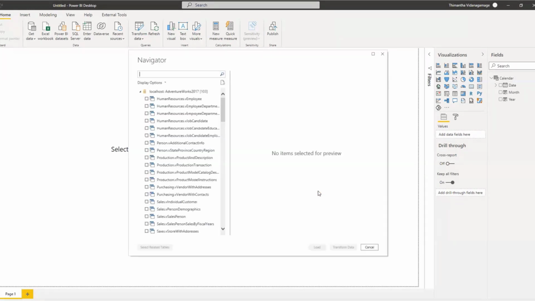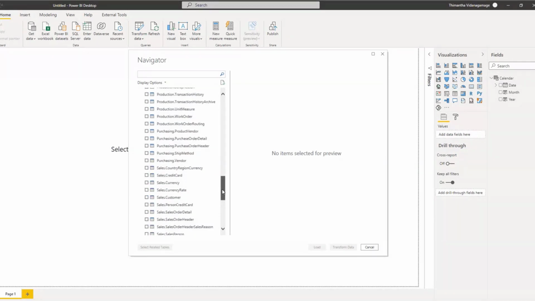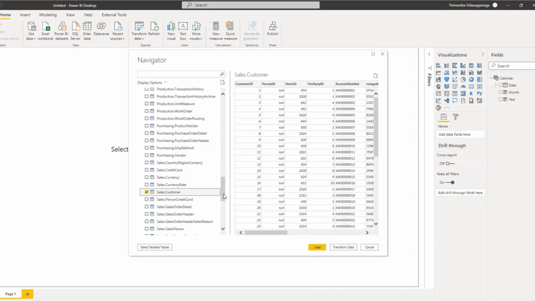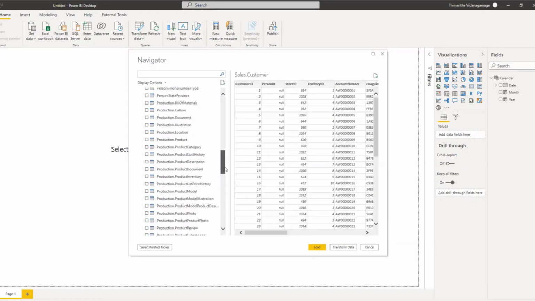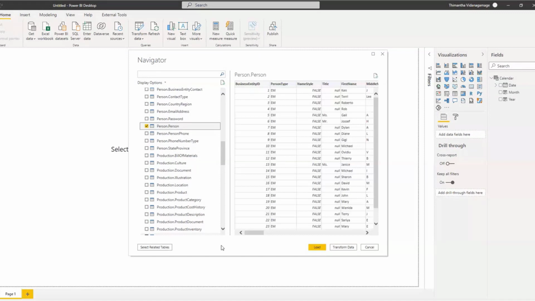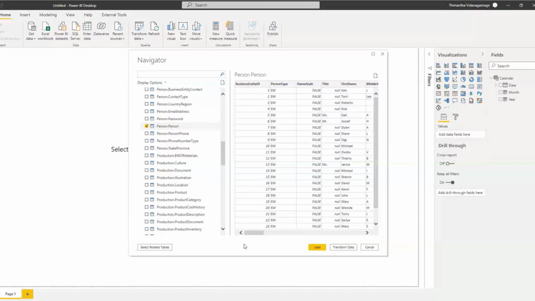Once I click on OK, I should be able to connect to my respective table. Now I have connected to my database, and I can see my views and my tables right here. To create the customer dimension, all I am interested in is the sales.customer table and the person.person table, which is on top here. If you don't know AdventureWorks, person.person has the first names, last names, and most of the personal details.